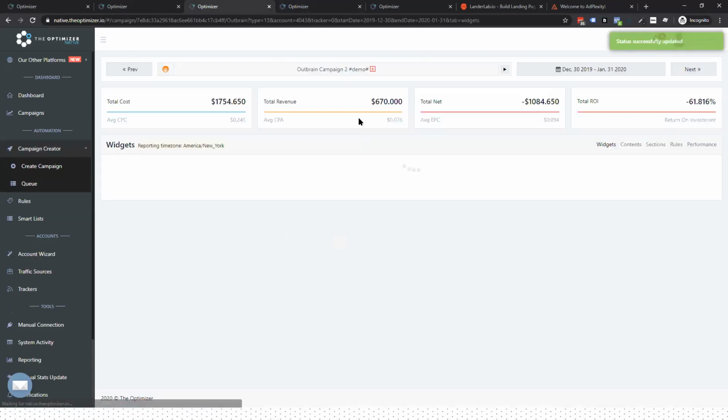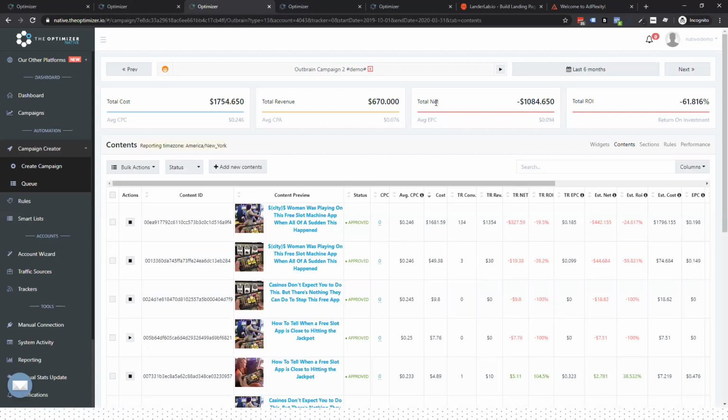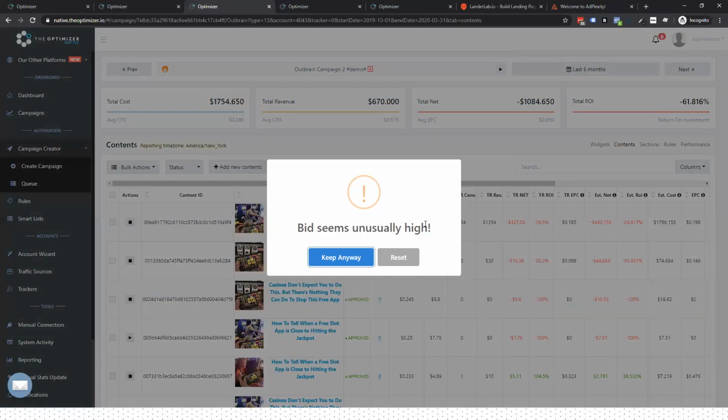So let's say I'm going to the contents. Let me get some data here. The last 6 months. All right. So here, whenever we see on the platform a blue underline value, it means that we can change the bids. As you may know, on Outbrain, this is not available, but here you can easily say, I want this ad to be of 57 cents of bid,